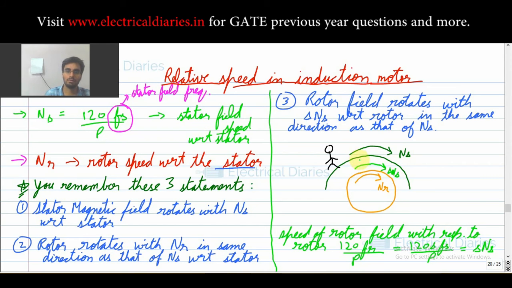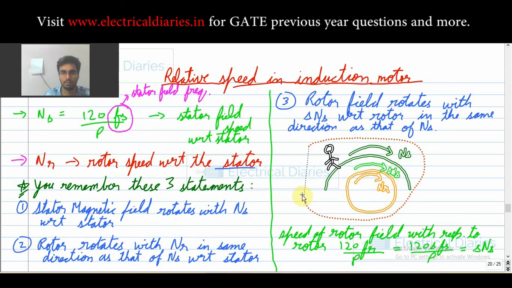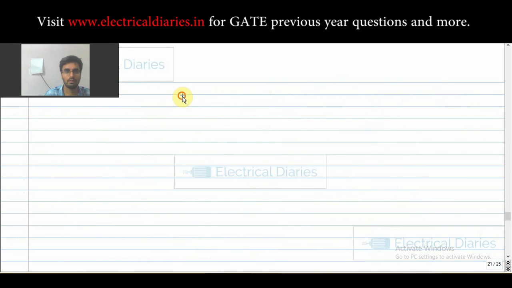Okay, so this is the rotor field rotating with respect to the rotor. Now you just have to keep all three things, this diagram, in your mind, and then you can find all the relative speeds with respect to anything. I will help you analyze this by consolidating it all in a figure. I hope you have understood this discussion. Now I will move to the next page and paste this thing.